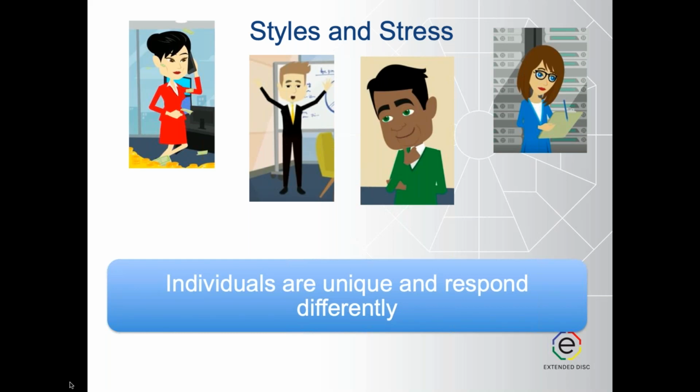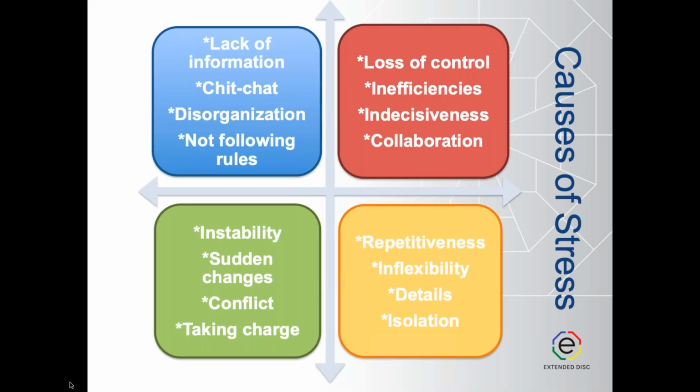So, we just want to reintroduce, for some of you that have sat in on Amy and my webinars on each of the DISC styles, you'll be familiar with these team members that we're introducing. We have our D style Diana, our I style Ian, our S style Sam, and our C style Carol. We're going to be using them to help us describe DISC styles and stress, because they all respond to it uniquely and differently. So tell us, I'm always curious, do D styles even have a cause of stress?